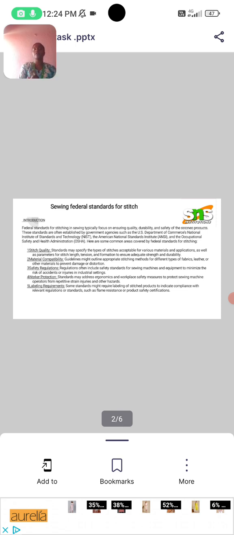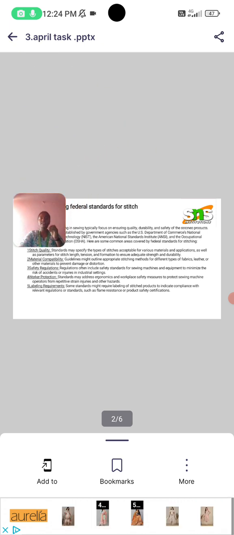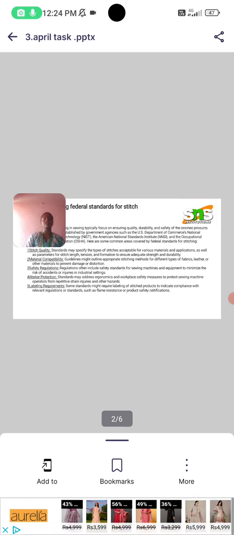What is stitch quality? What does stitch quality mean? Standards may specify the various materials and applications as well as parameters for stitch length, tension and formation to ensure adequate strength and durability. Material compatibility: guidelines might outline appropriate stitching methods for different types of fabrics, leather or other materials to